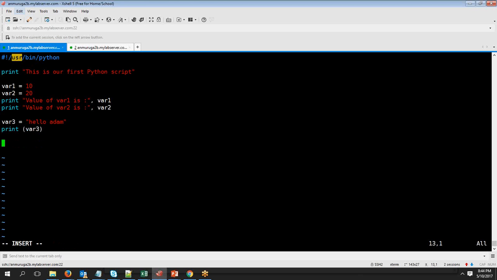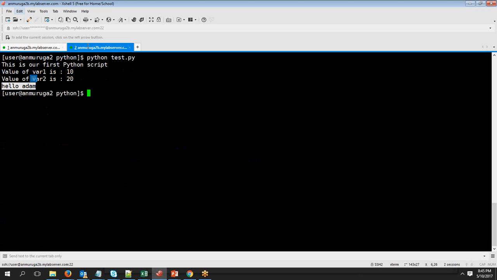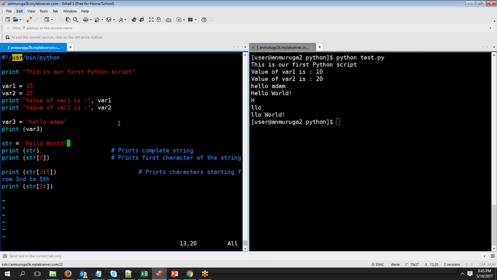Let's try to put one more string here, wherein this is just a variable. Okay, now let's try to run this. So you can see now that